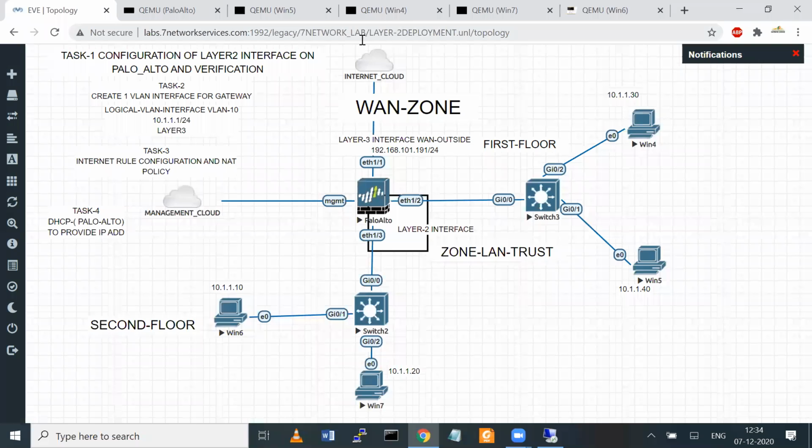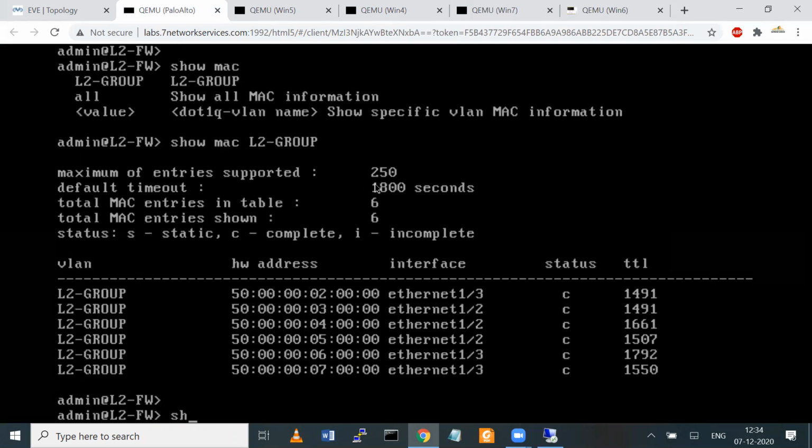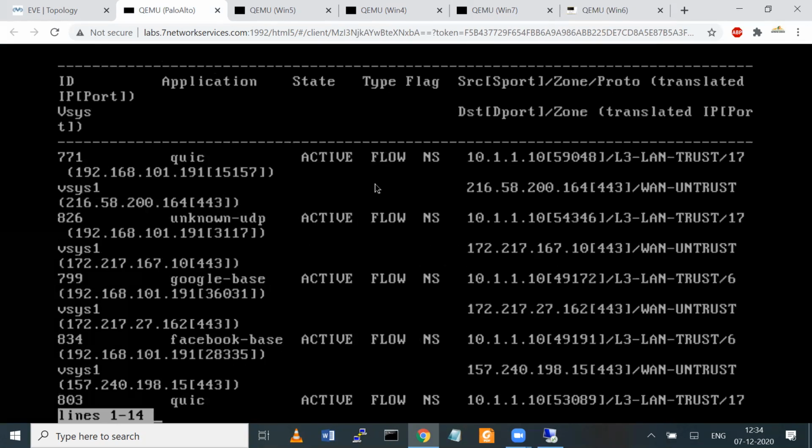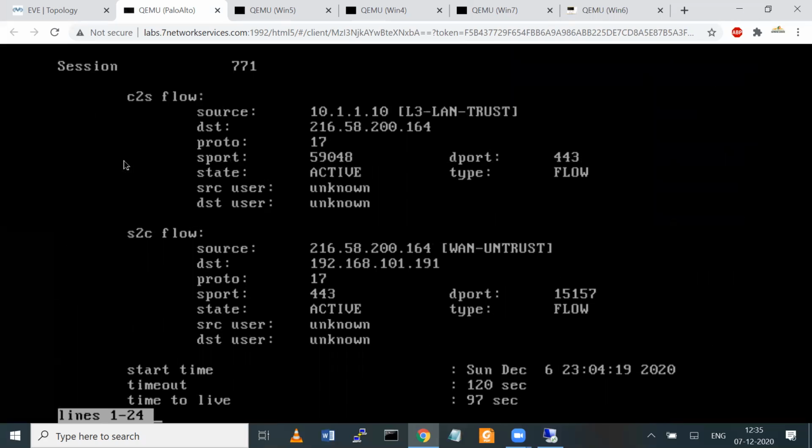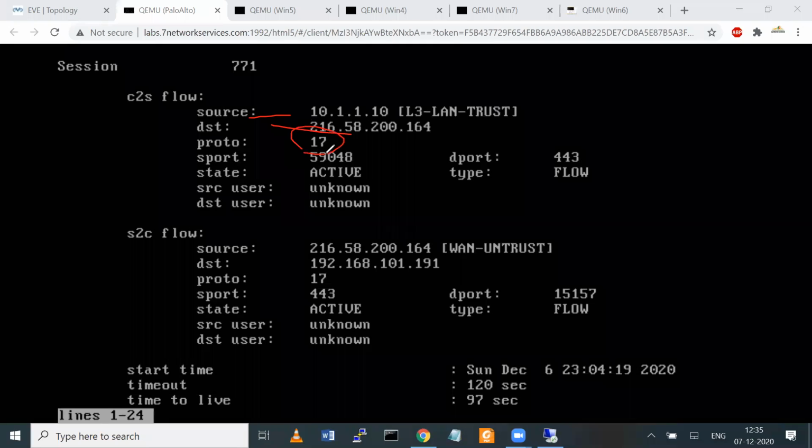So this is our task number three, internet policy configuration and NAT policy. In order to verify these policies, you just have to come here and you can again check the session, or you can check the log as well. So you can select any session. Session ID 771. See, source is this, destination is this, protocol number is 17 because it's UDP based traffic,